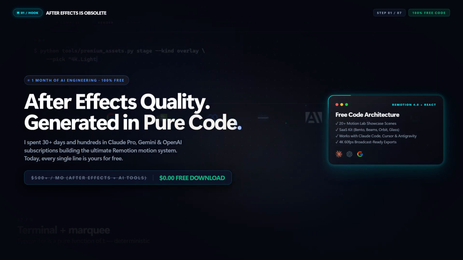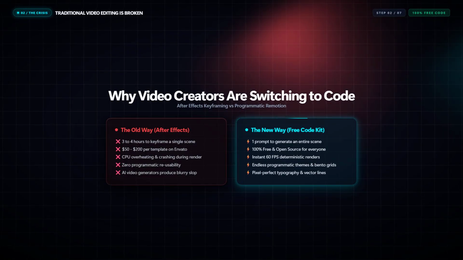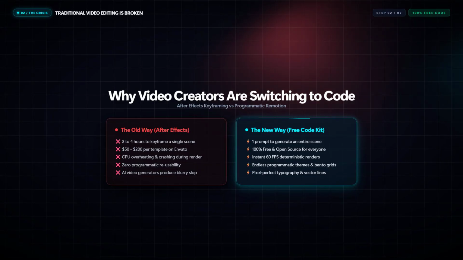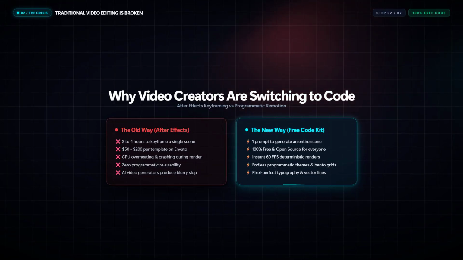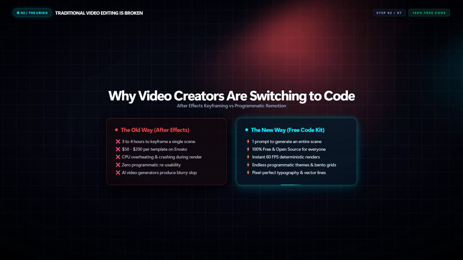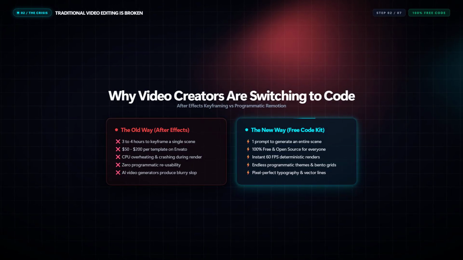Here is the harsh truth about video editing in 2026. Traditional motion design is broken. Motion graphic templates cost $50 to $200 each on marketplaces. Rendering in After Effects melts your CPU, and generic AI video generators give you blurry, hallucinated mush with zero control